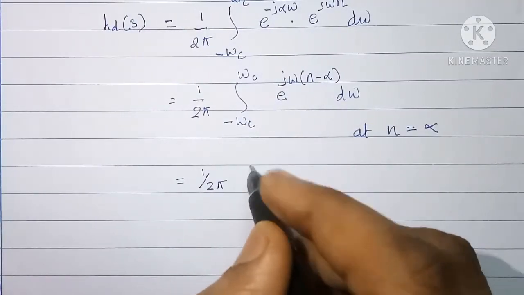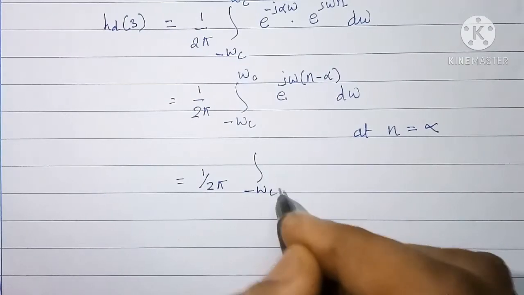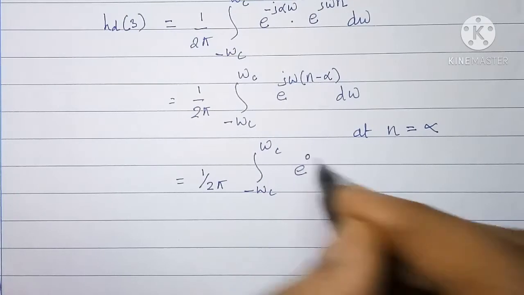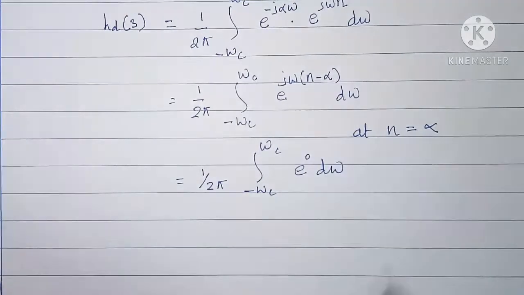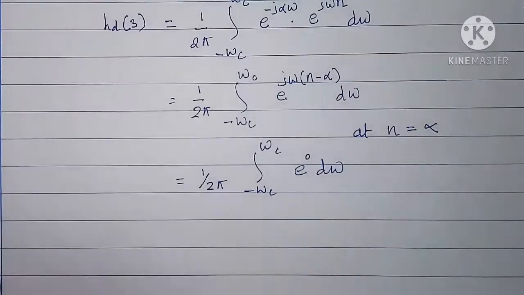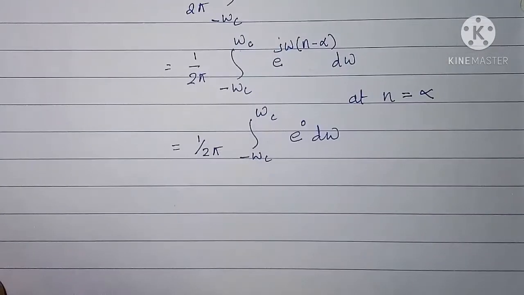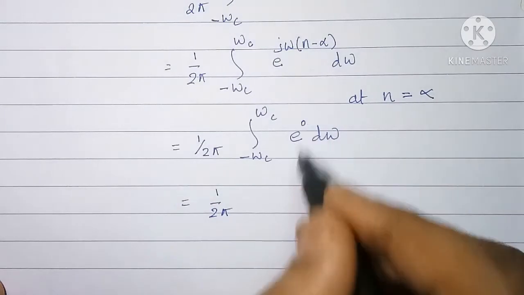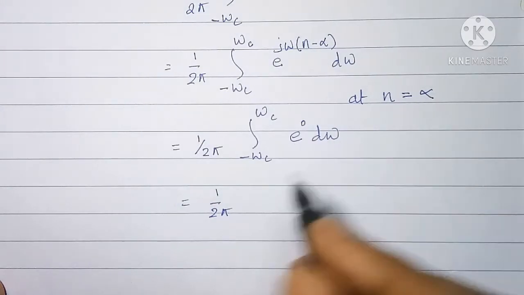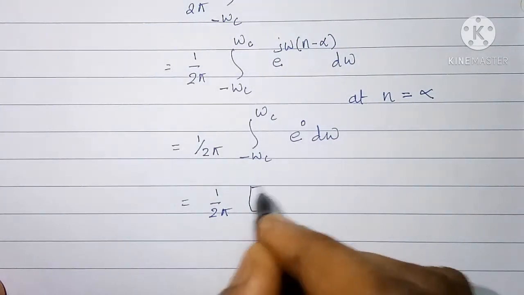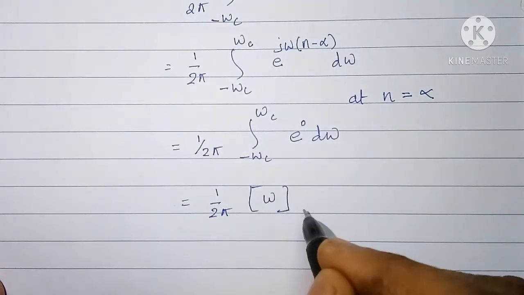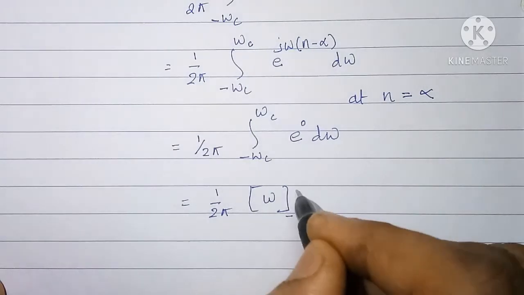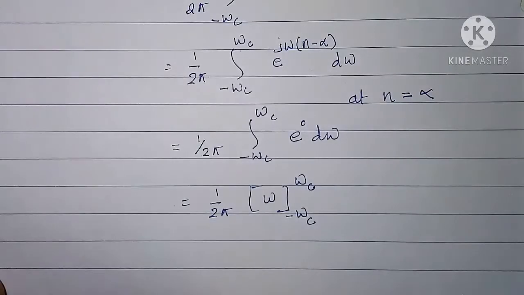One by 2 pi, integrating from minus omega c to plus omega c, e raised to 0 d omega. We get, and e raised to 0 is 1. So 1 by 2 pi integration of 1 with respect to d omega is omega only. So omega with limits of minus omega c to plus omega c,